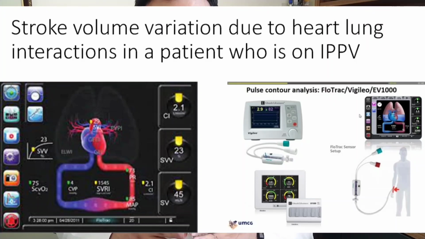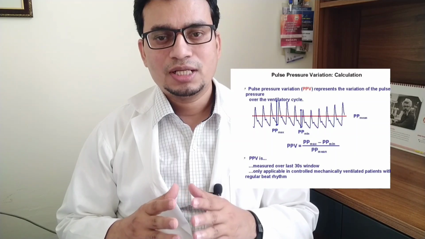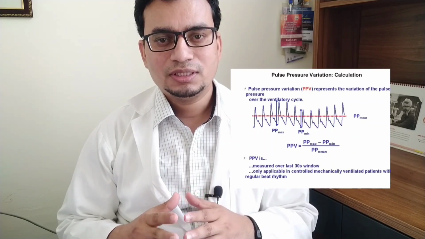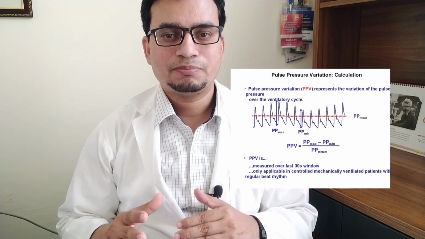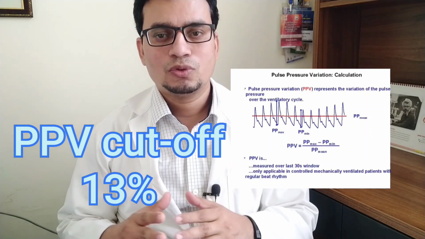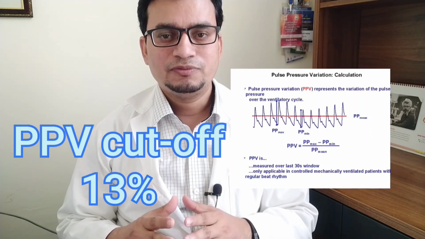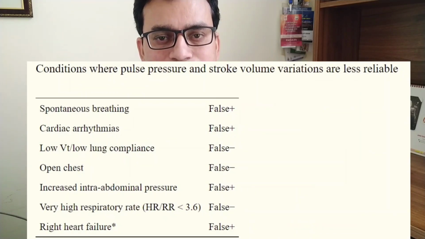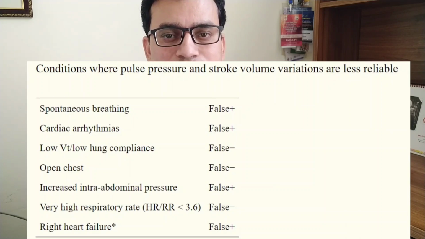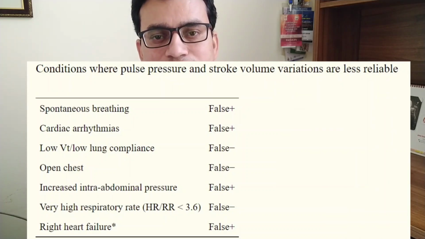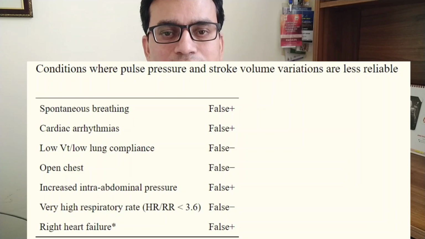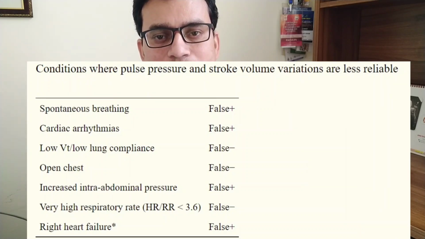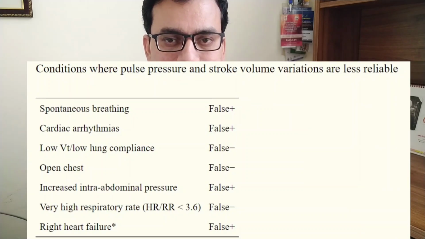The pulse pressure is a surrogate of stroke volume. The pulse pressure variation could reliably predict the fluid responsiveness in mechanically ventilated patients with septic shock with a threshold value of 13%. PPV is unreliable in cases of open chest conditions, spontaneous breathing activity, low tidal volume ventilation, or high frequency ventilation, cardiac arrhythmias, intra-abdominal hypertension, and in cases of low lung compliance.